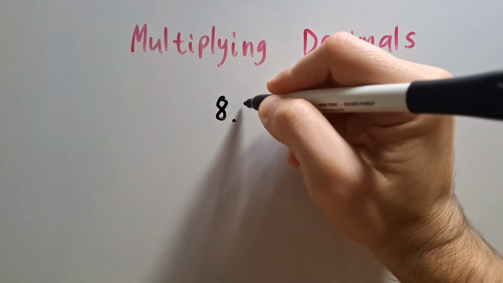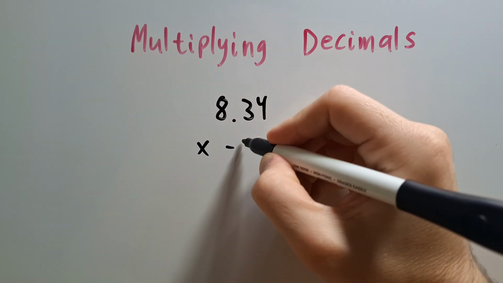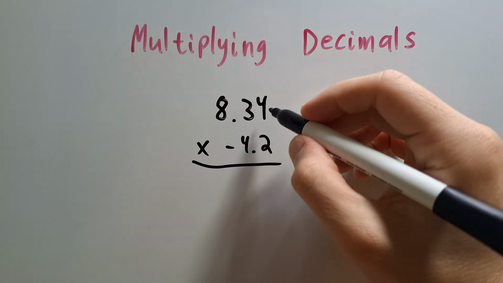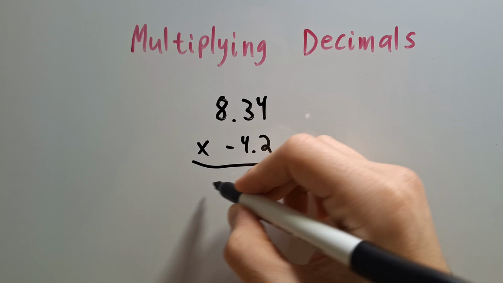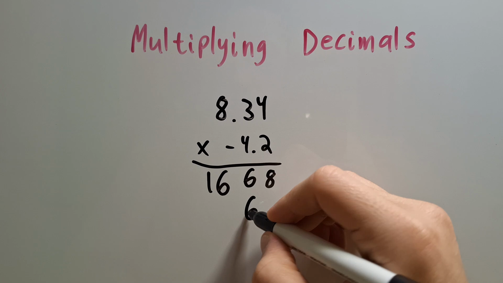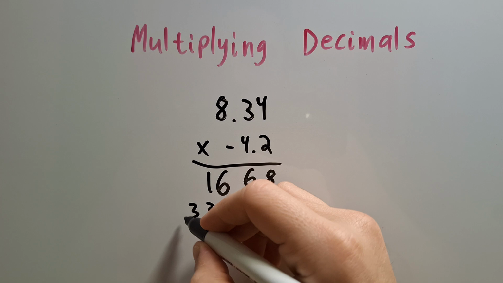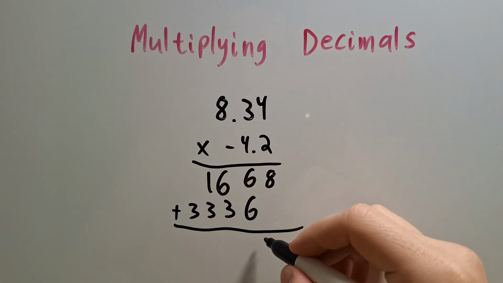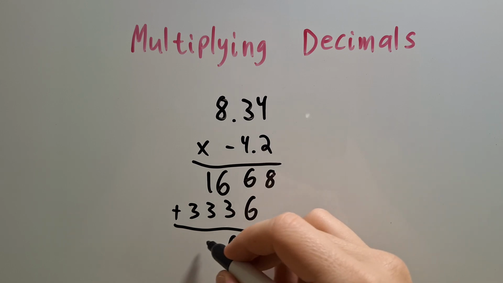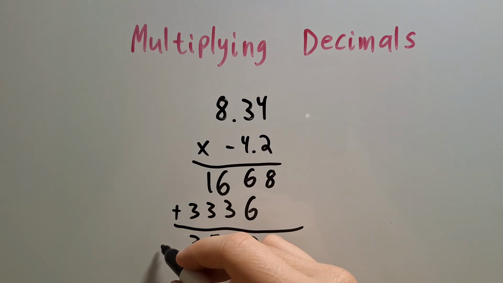So let's look at 8 and 34 hundredths, and we're going to multiply by negative 4.2. So I multiply this like I normally would. Okay. Add this up. All right, and this is negative, but